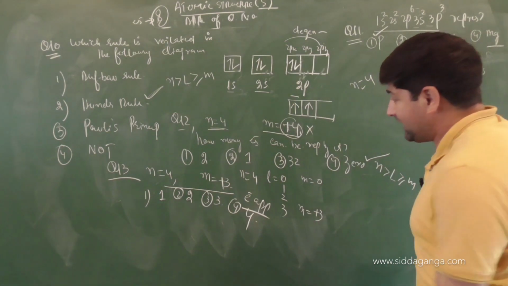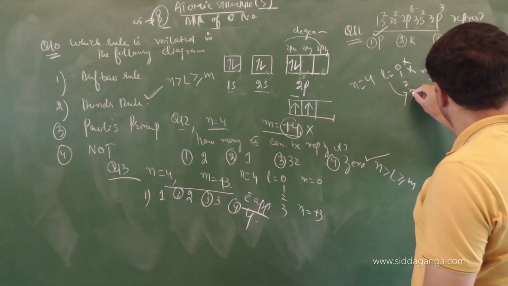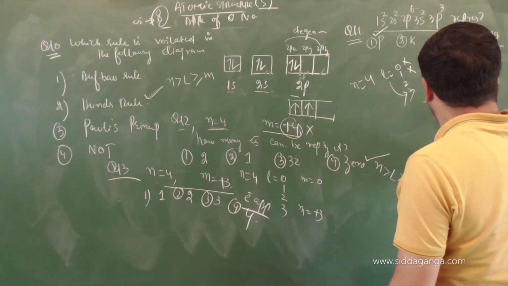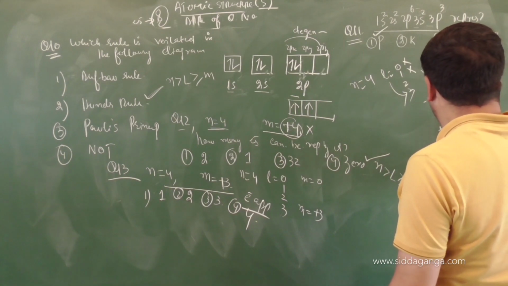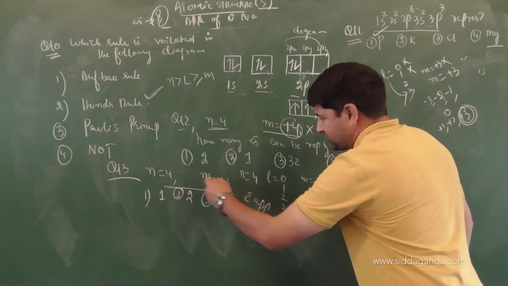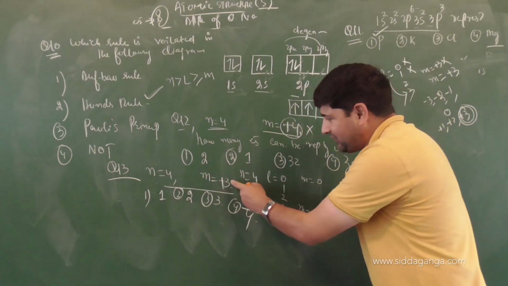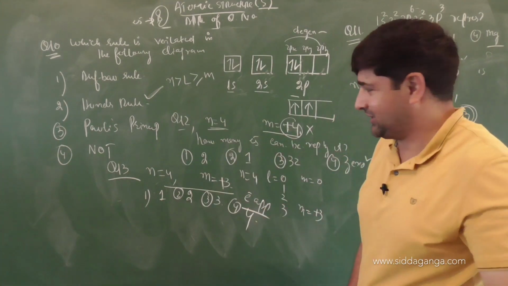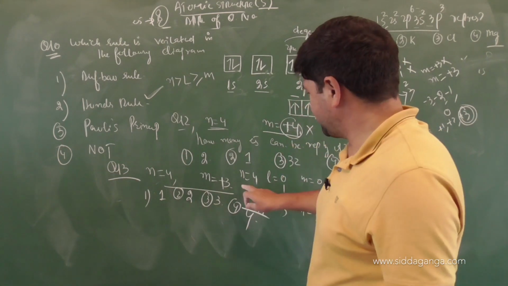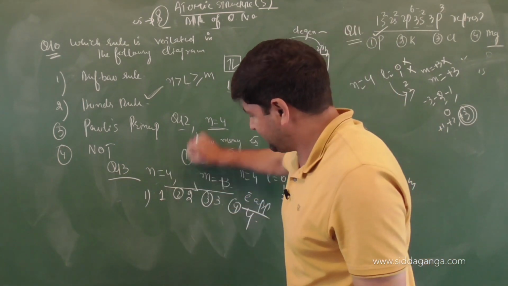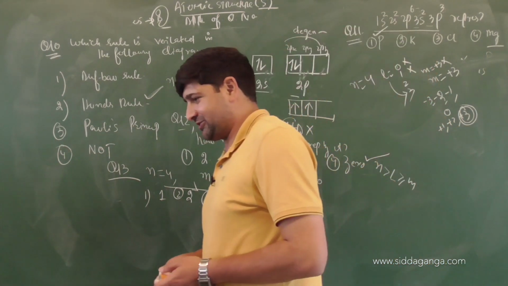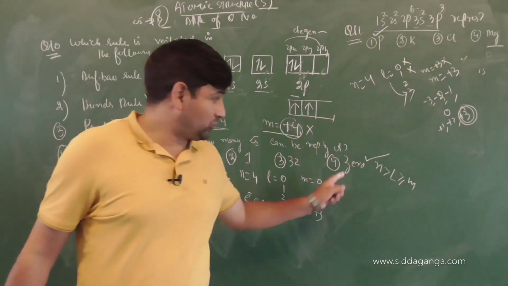3. And how many values are represented by it? It will be minus 3, minus 2, minus 1, then 0. Then you get plus 1, plus 2, plus 3. So how many values of plus 3 will come when N equals 4? Only one value. One value represents how many orbitals? One orbital. Our question is with respect to what? Electrons. The answer will be 2, because each orbital can accommodate how many electrons? 2 electrons. Have a look at this carefully, children.